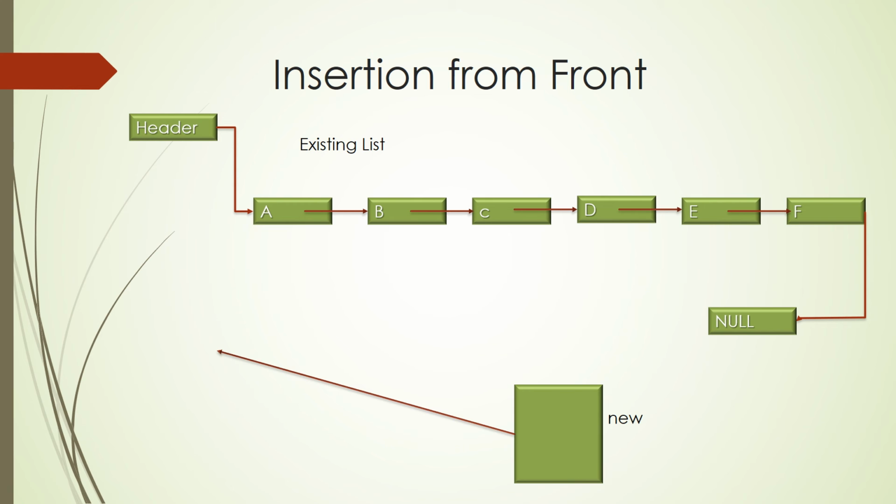Okay, so new corresponds to the newly created node. It is taken from the memory bank. You have created it, so this is your new node. You have updated the data field value as X. The link field value will initially be null, which comes with the get node procedure.